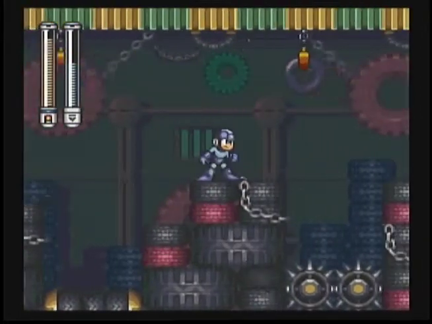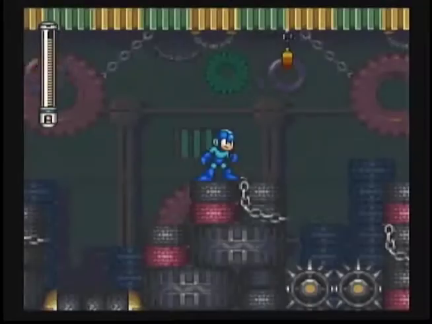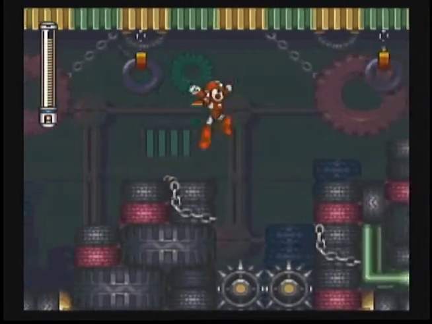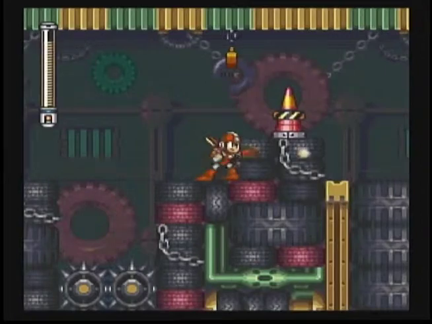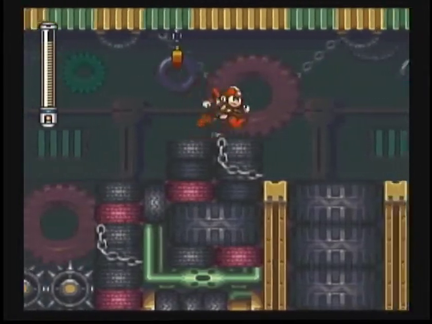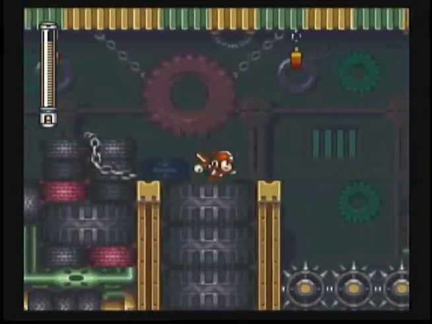And I think that's probably why I bought two energy tanks right there, because I'm fighting Turbo Man without his weakness weapon. That might lead to some shenanigans. He's actually a pretty easy boss if you're good at timing your jumps. I'm not, so...